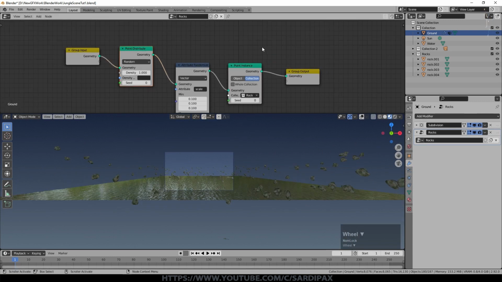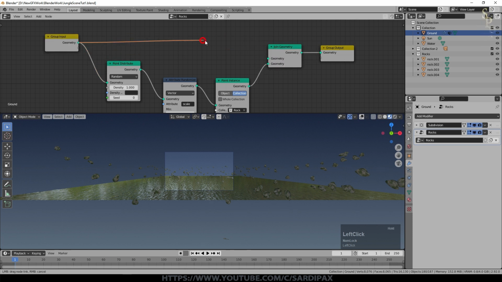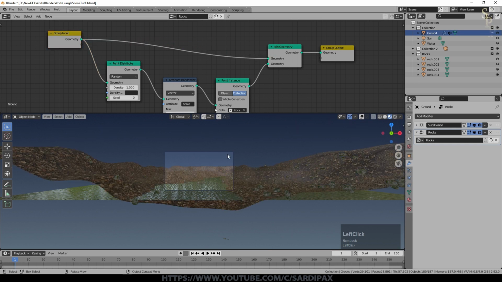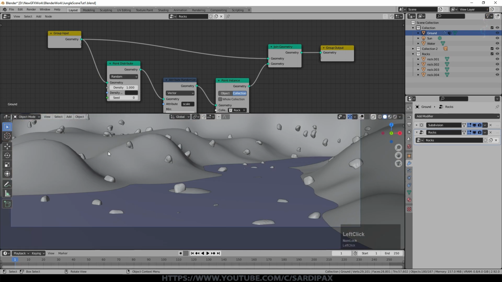So how can we bring our landscape back? Obviously we could create another version of it, but there's a much easier way to do that. We'll add under geometry a join geometry node. Let's put that on the bottom, it doesn't really matter too much. And then take the original geometry into there, and that will join the two together, and now we've got our land back again. So we can now see our rocks and our land. You can see it a bit more clearly there.